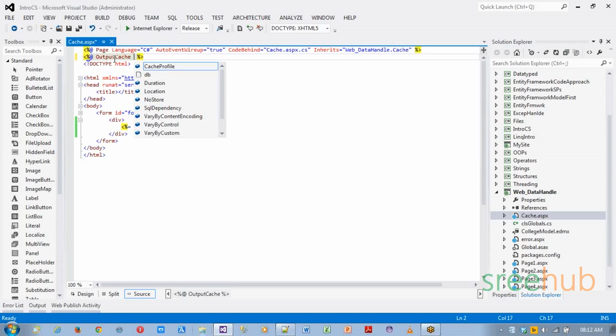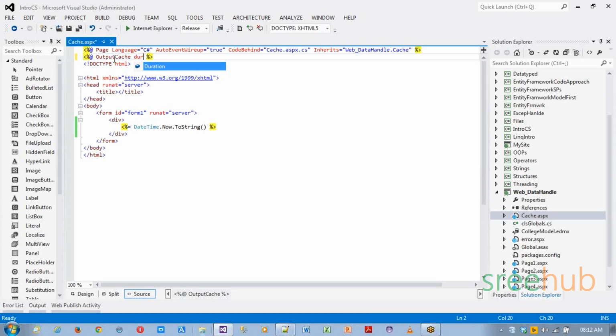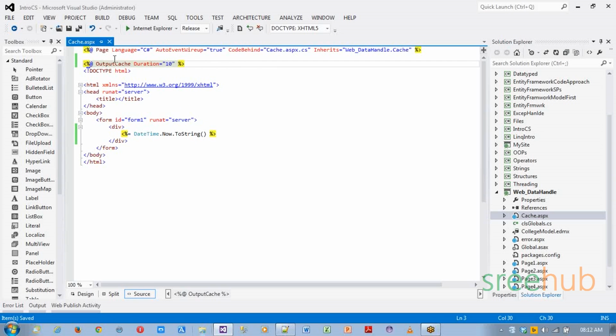So this is your directory where I'll be using something called duration, where it will take your input as seconds, right? So let's say I'm using 10 seconds, and then you can actually give just duration. Let's say, first I'm giving only duration, and then